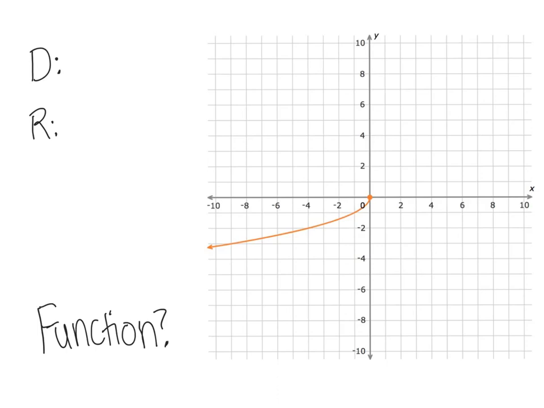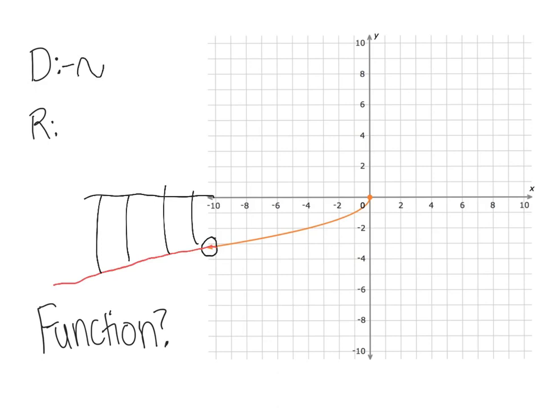So we always start with what is the smallest that x can be. Remember, as we move to the left, it gets smaller and smaller. So I want to see what is the furthest to the left that this graph gets. Well, this is where it ends here, but you'll notice there is an arrow. The arrow tells us that the graph really is continuing on and on forever. So along the x-axis here, it's just going to keep getting smaller and smaller, and it's going to keep doing that forever. So to show that it goes on forever, we put negative infinity. Since it's infinity, we just write the less than symbol,